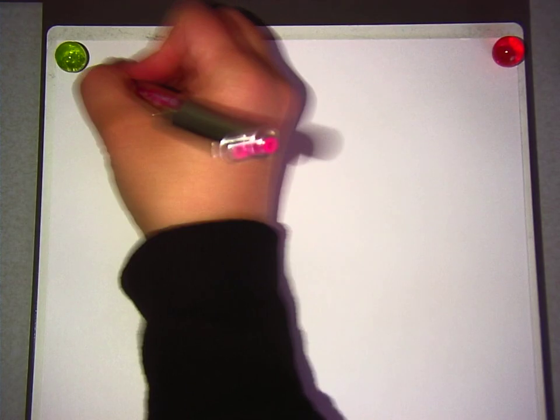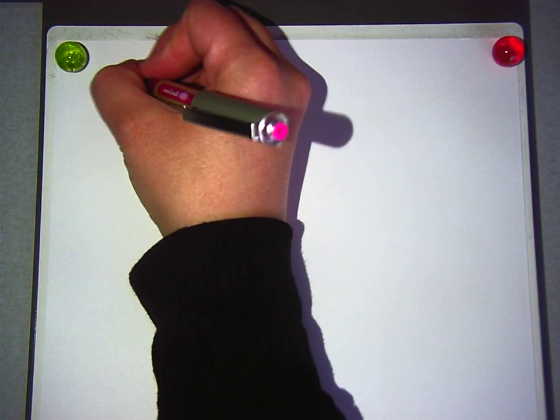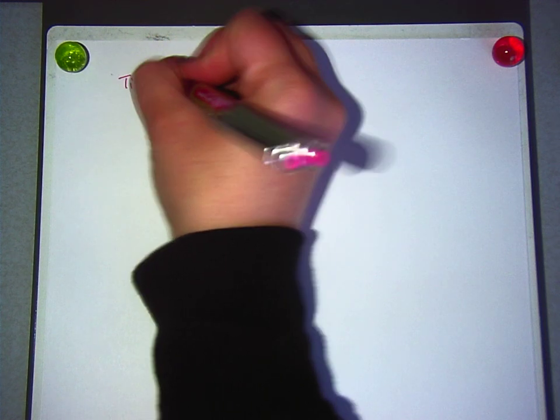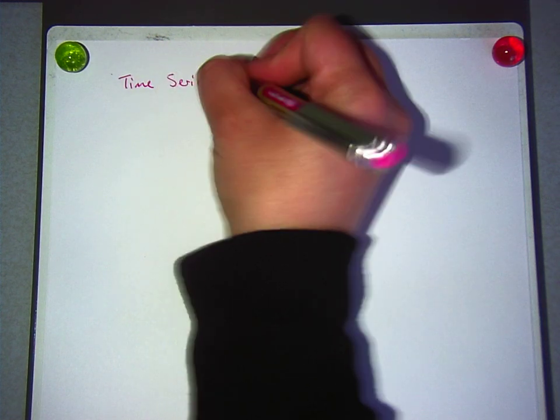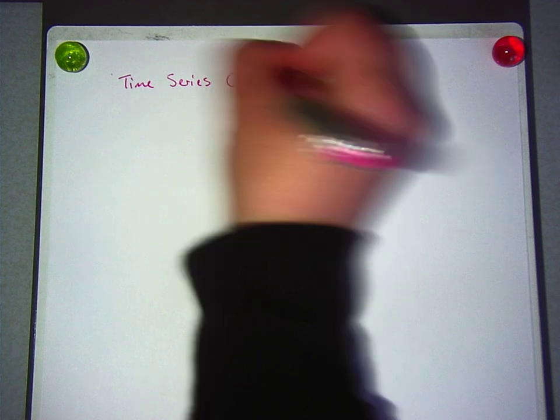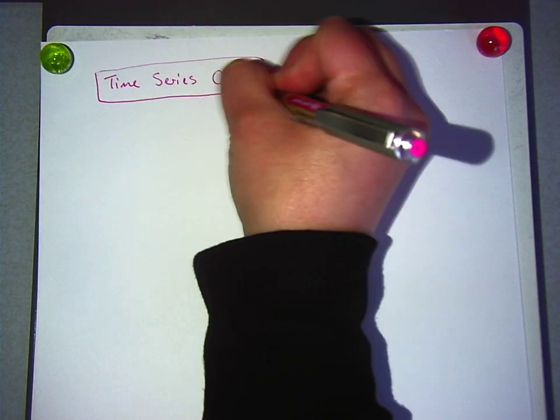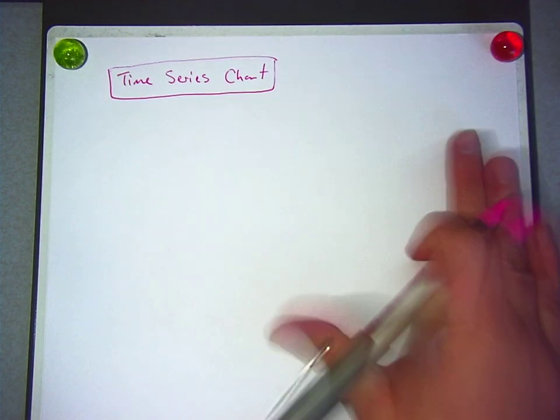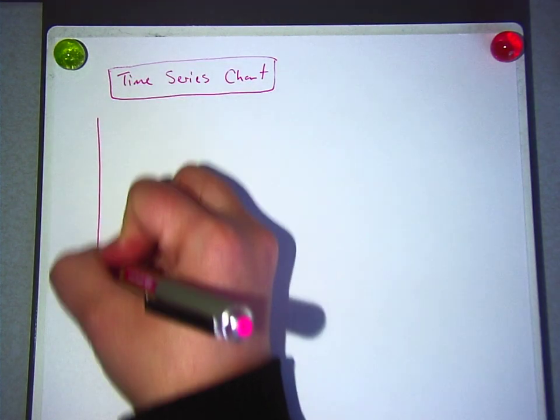Nathan. Okay. All right, Nathan, I'm going to embarrass you. For our time series chart, which is our last one, we are going to talk about Nathan's awkwardness,